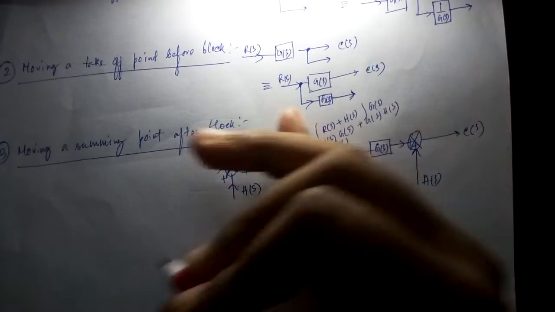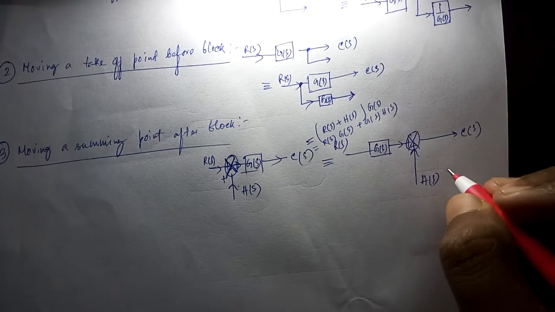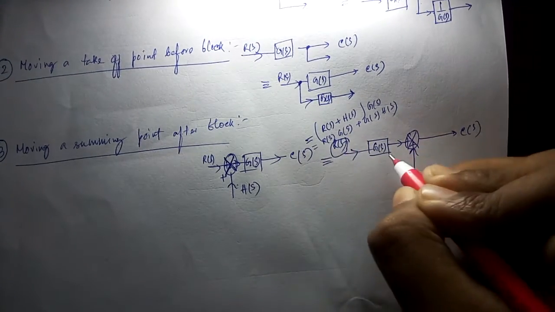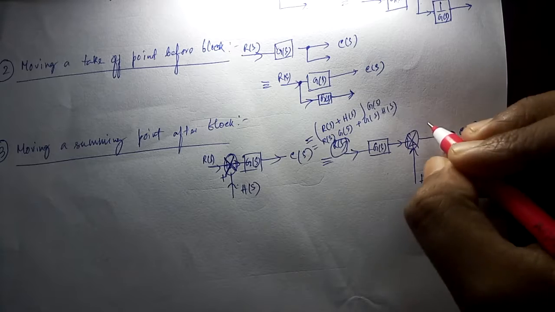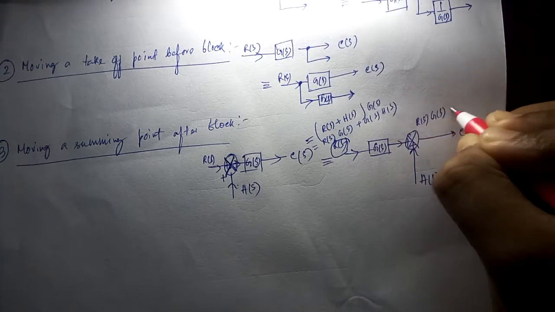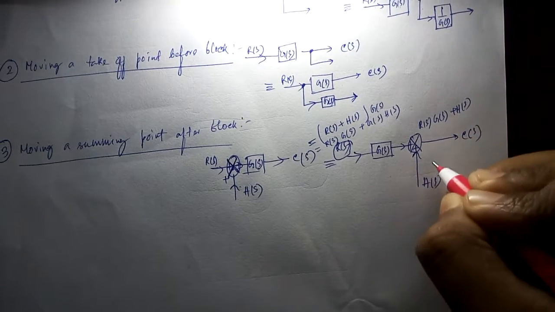Clear? Now in this case, if we take RS here, we will get RS GS plus HS